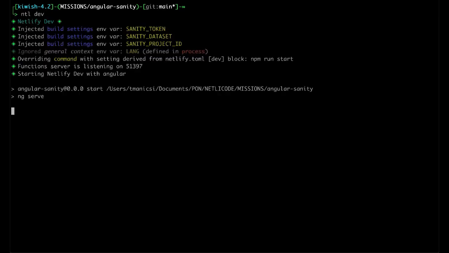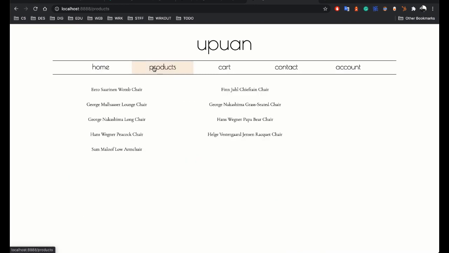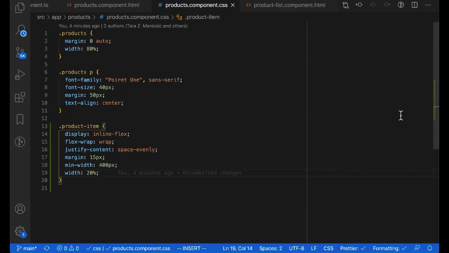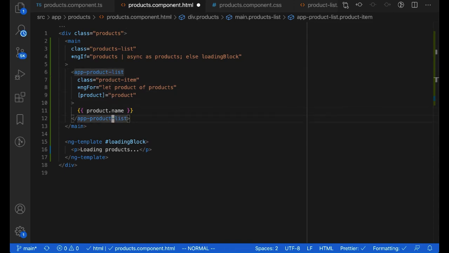Let's go ahead and head to the terminal and run netlify dev to see not only the function in action, but what it looks like in the components that we just built out. So we can head to localhost 8888, and we see that we just see the titles. So let's take a look and see what happened in the template. Inside here, you can see that we said app-products-list when it's actually app-product-list. So that whole component is just not showing up. So we fix that typo, hit save,